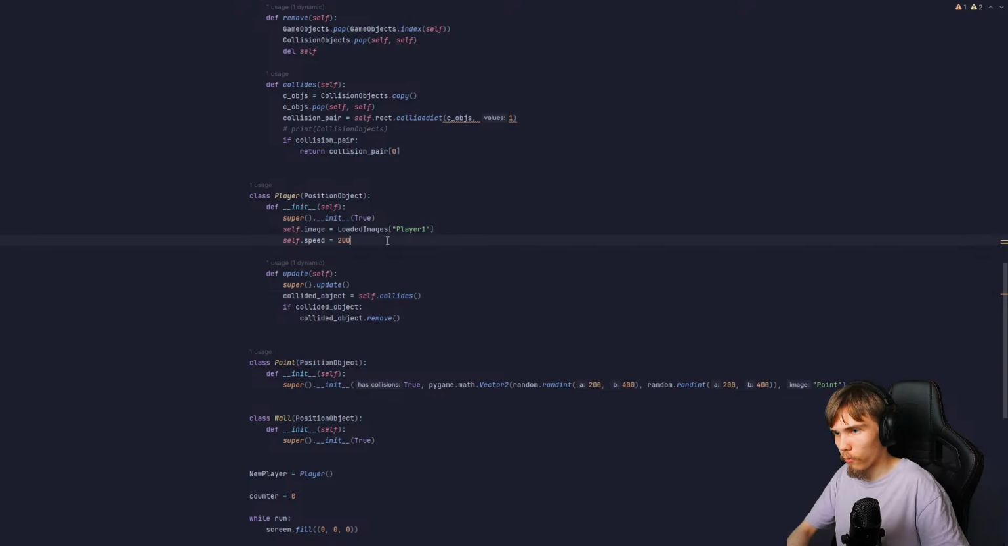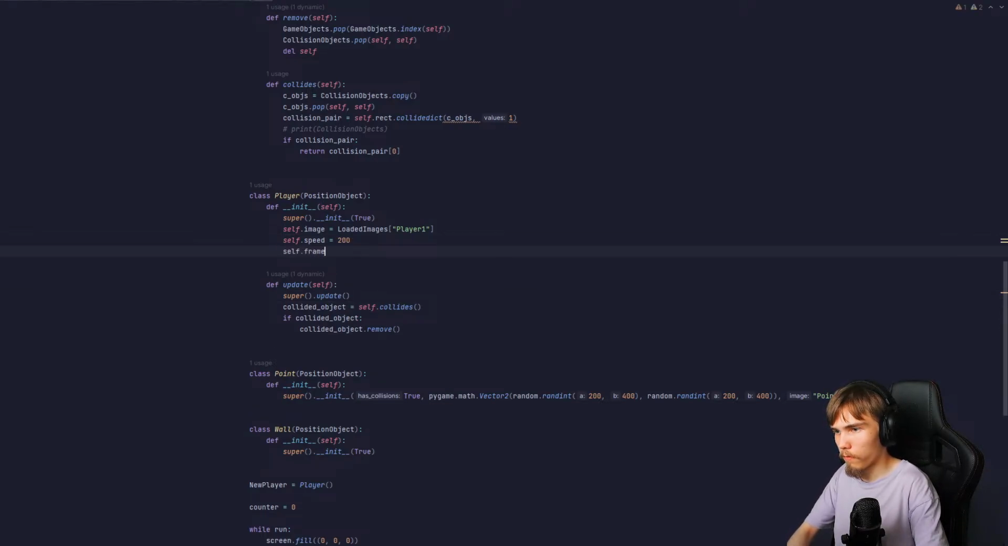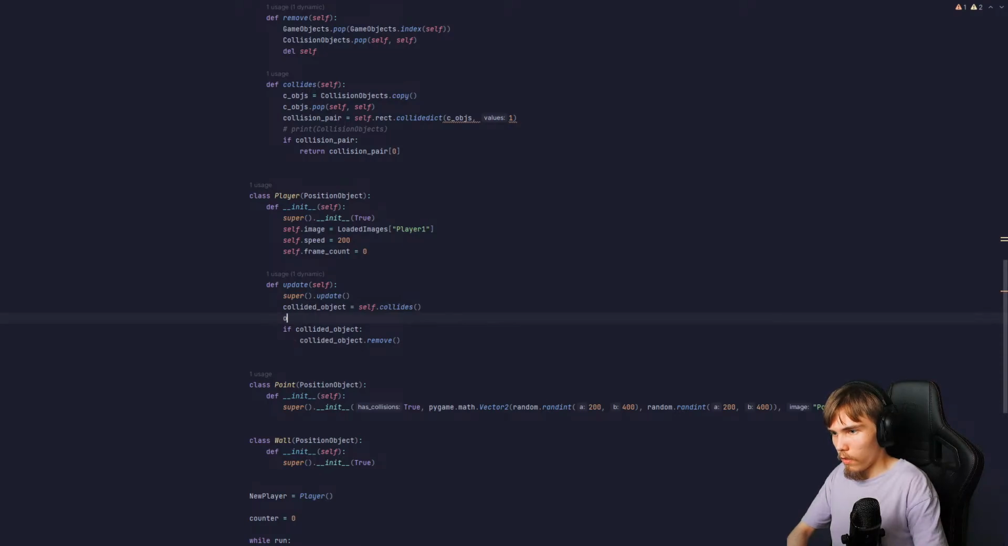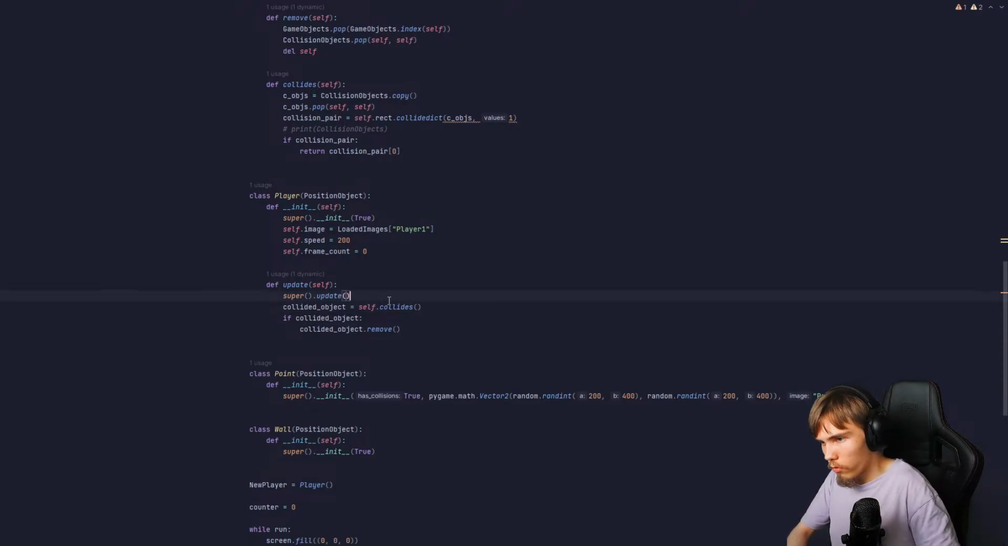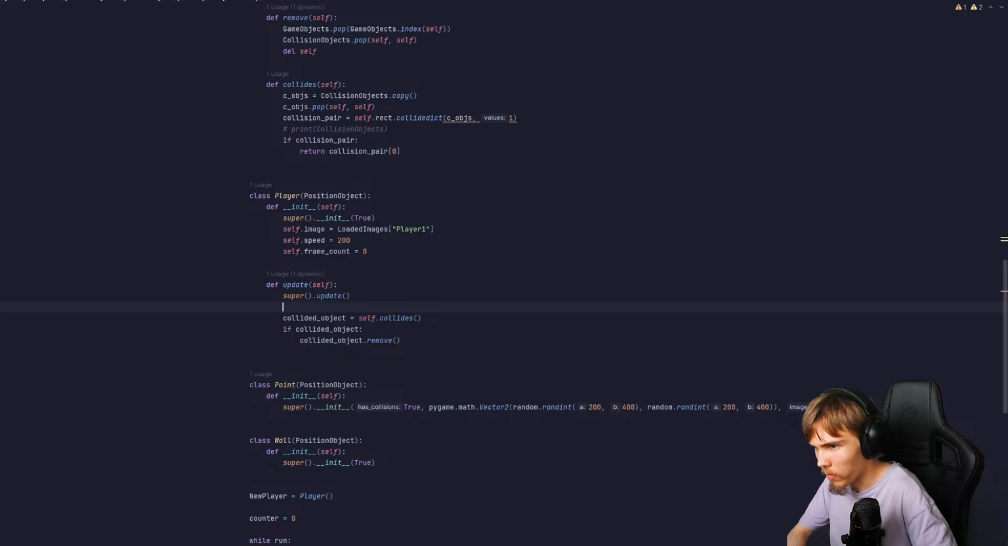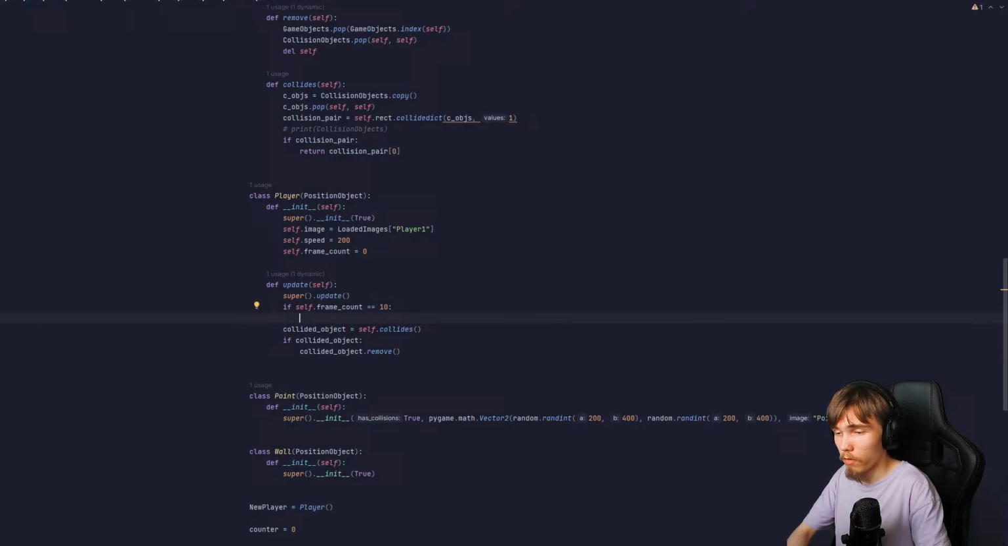Let's see. So this is going to have self.frame_count = 0. And then in the update method, because the update method is run every time, what we do is: if self.frame_count equals 10, so every 10 frames,